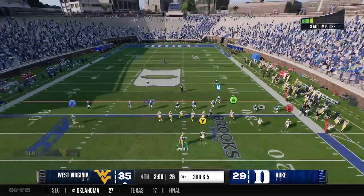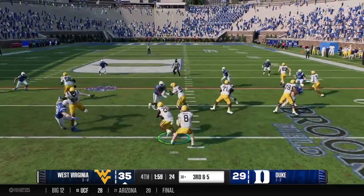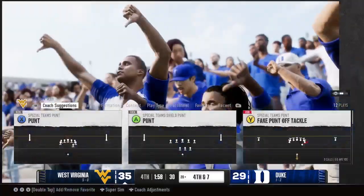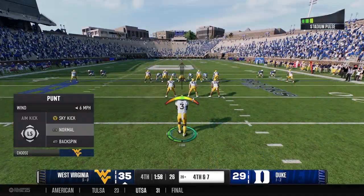Ball sitting right at the 30. It'll be 3rd and short. From the gun, he leaves it with the back. He's knocked down in the backfield. He'll lose a couple. Defense uses a timeout quickly, trying to get that ball back and preserve time for their